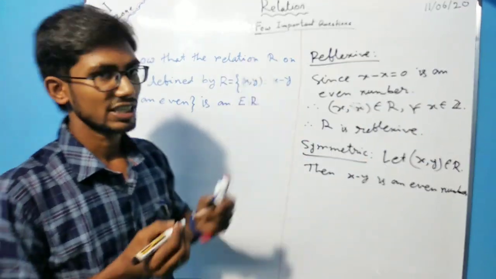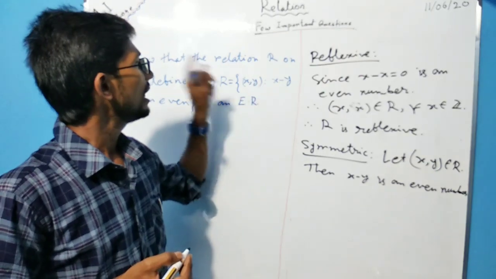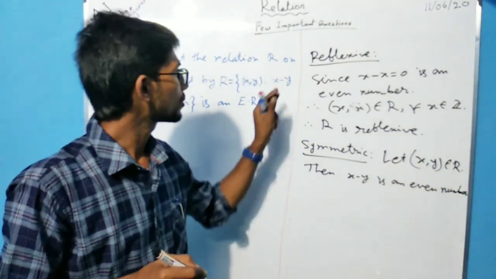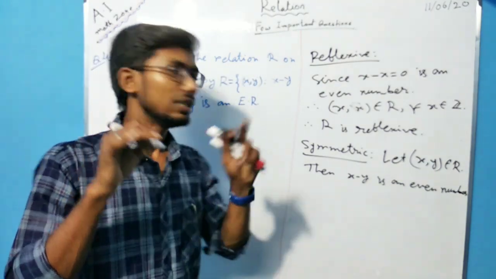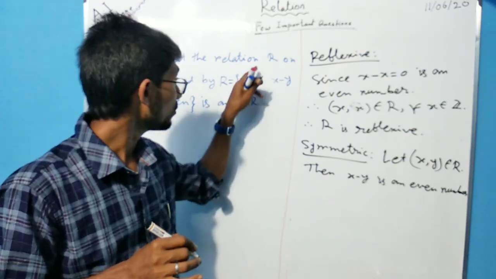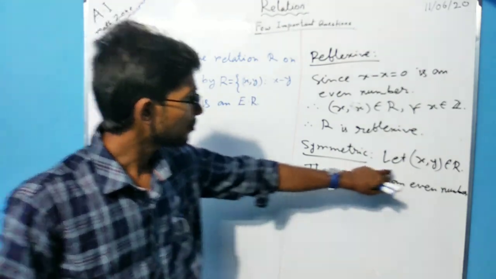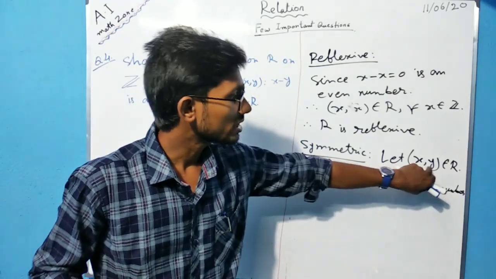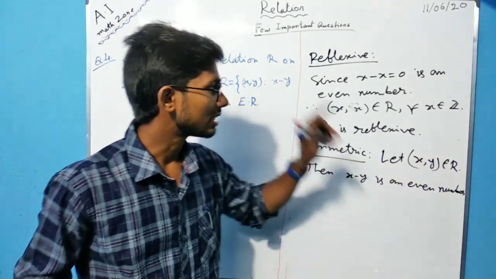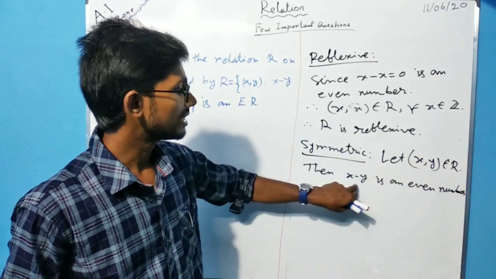यह R का definition है. यहाँ पर जो रिलेशन दिया हुआ है, अगर कोई एलिमेंट उसके अंदर रहता है तो उसका जो डिफरेंस है वो इवन नंबर होता है. This is the definition of R given here in the question. From there you can write here. इसको मैंने consider किया और consideration के बाद according to definition of R you can write here x minus y